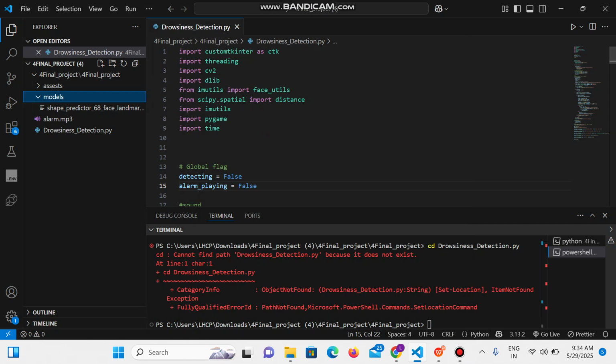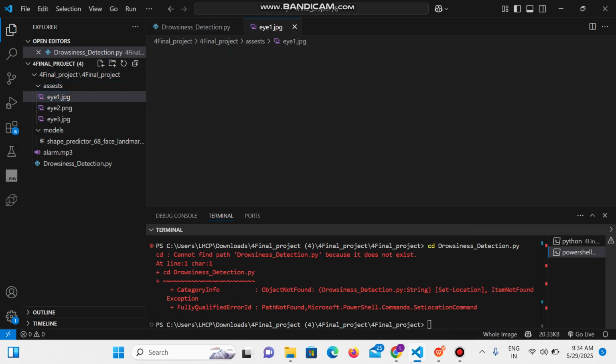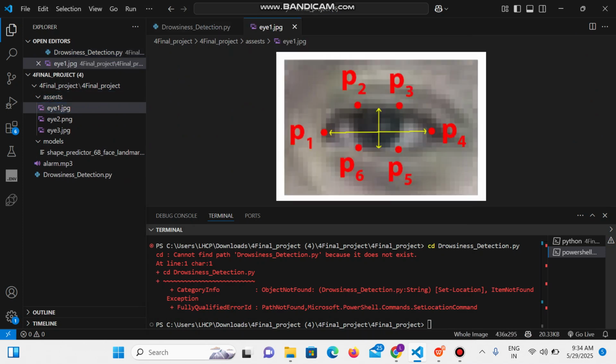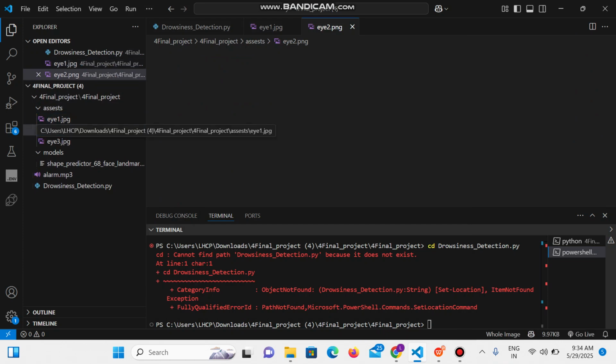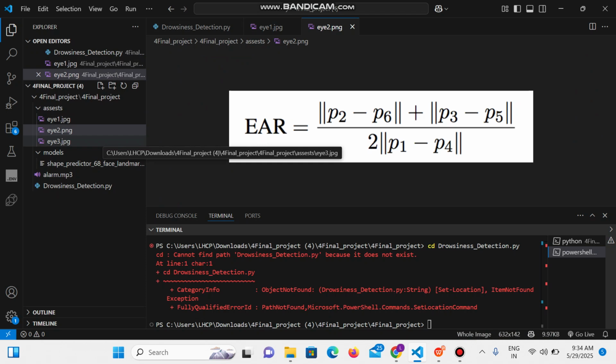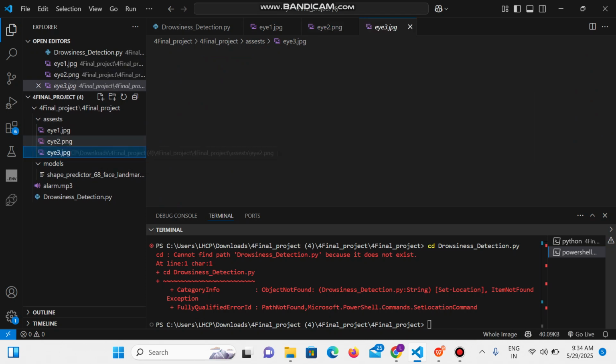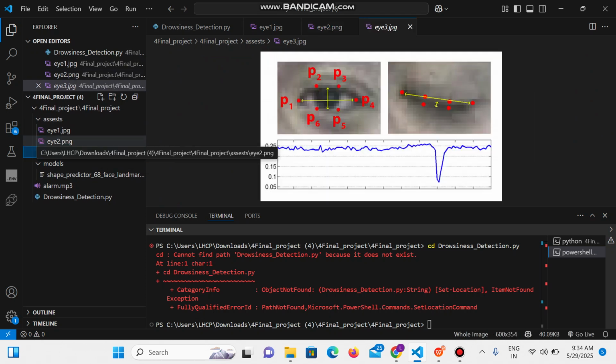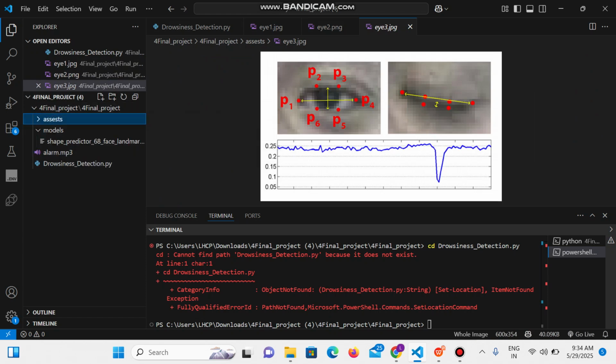It contains assets, which is the images folder, which contains our images which show the drowsiness is detected like this, second image like this, it is the eye aspect ratio, and third image is like this. Second, it is the model folder. This folder contains this